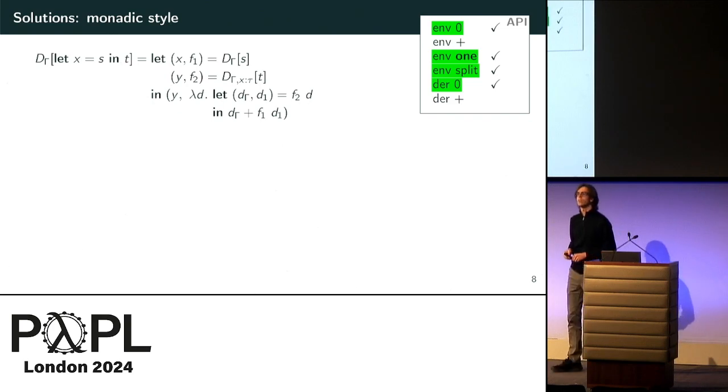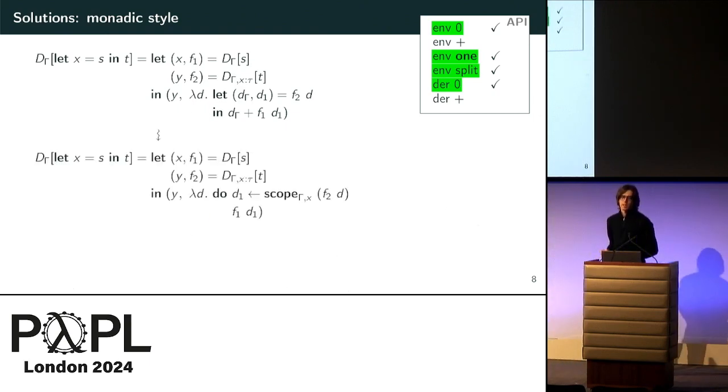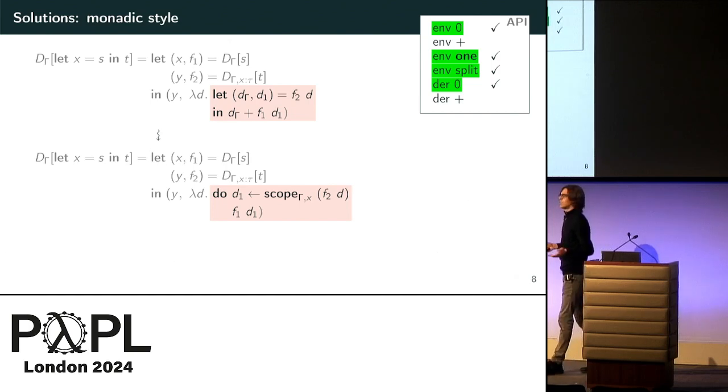The second thing that we're going to do is eliminate all uses of environment vector addition. How are we going to do that? We're going to do that by state passing. So instead of creating lots of environment derivative vectors in a variety of places in our derivative program, we're going to create one at the beginning of our derivative program, in the beginning of our first backpropagator, so to speak, and then pass it through the program, adding individual contributions to it as we go, and then in the end return the result. We can do this by lifting the backpropagators to monadic code,